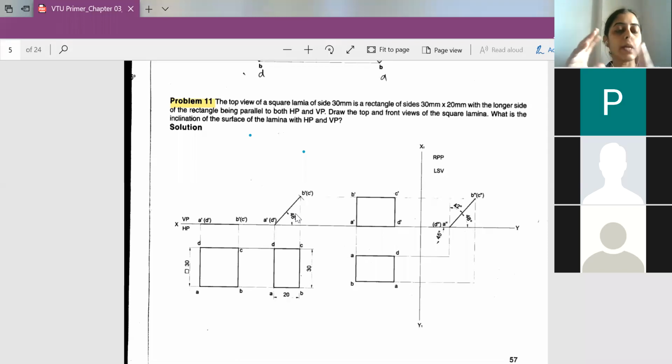So if they give a twisted type of question, then it is an application oriented problem. In that case, you should understand from where to draw, either from the front view or from the top view. That you decide depending upon the description given in the question. So in this question, all the problem description was related to the top view, and hence we started from the top view to the front view. In the previous problem of the triangular lamina, all the description was given with respect to our front view, right? So then we started with the front view and came to the top view.